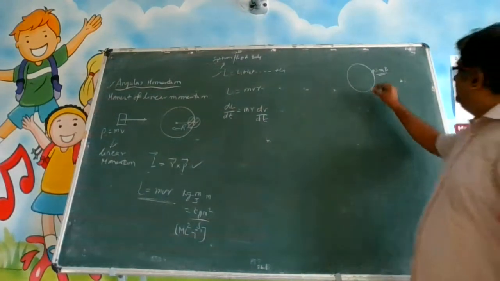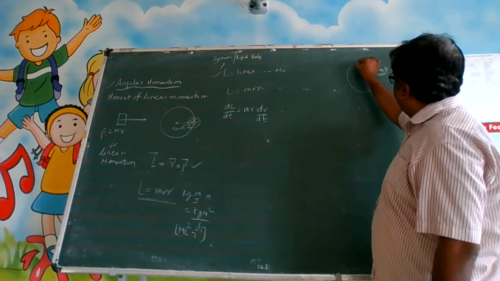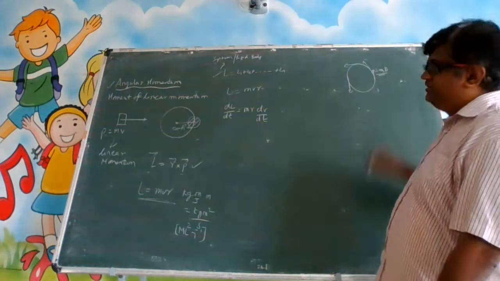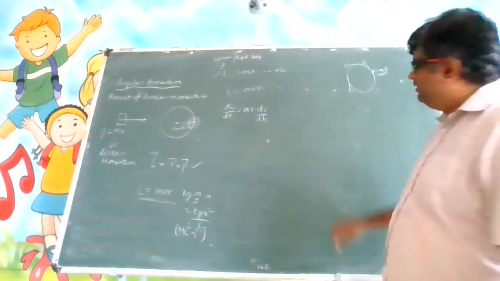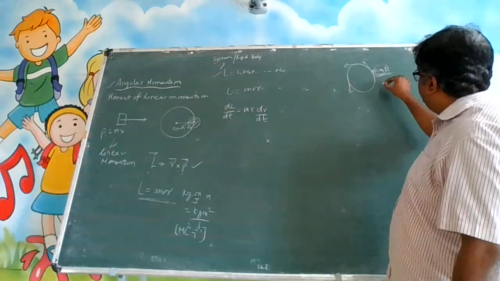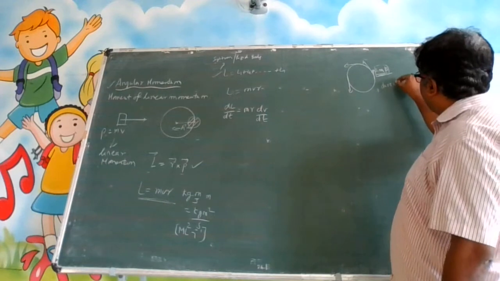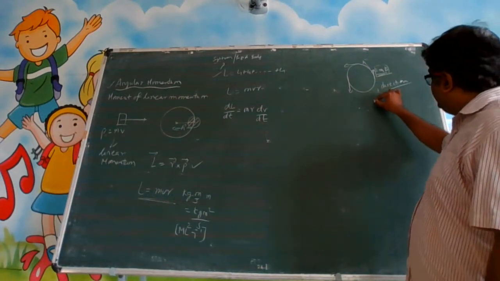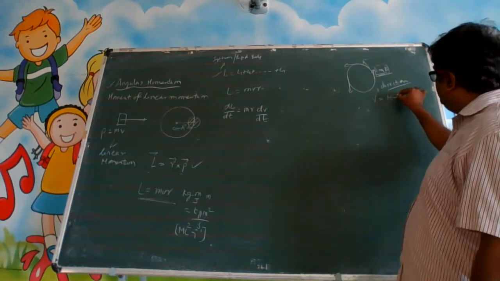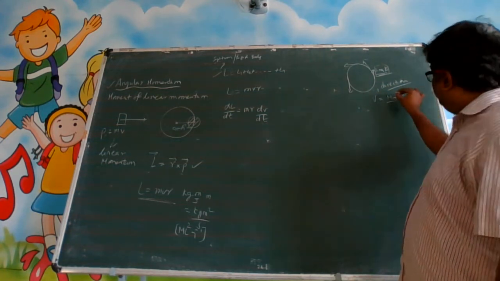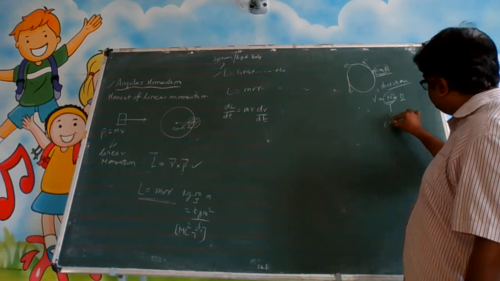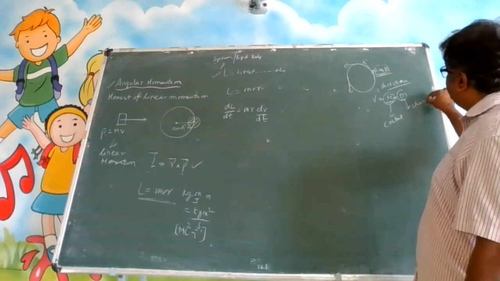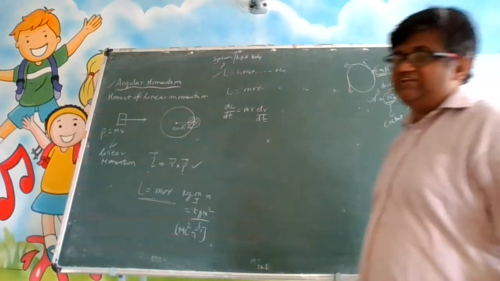Then a student will come and say, sir, here it is 2 meters per second, here it is 2 meters per second, here it is 2 meters per second. How are you saying that the velocity is changing? The velocity is changing not because of the magnitude, it is changing because of the direction. Remember, friends, students, velocity always means magnitude plus direction. Magnitude may be constant, but direction is changing. In this example, then, velocity is said to be changing.